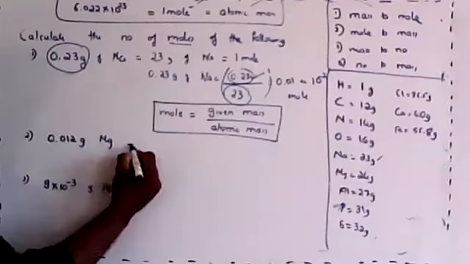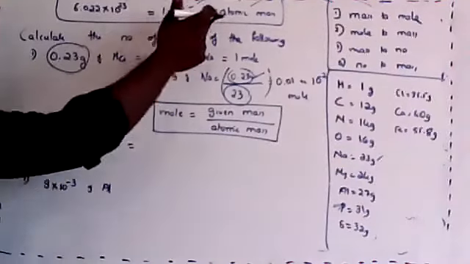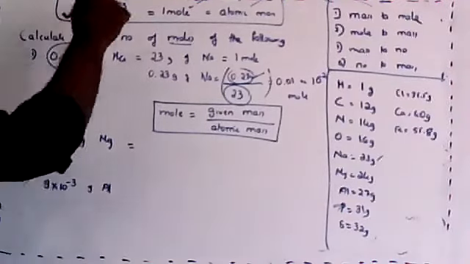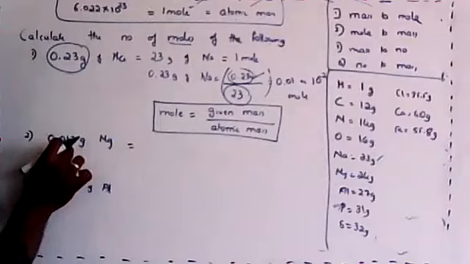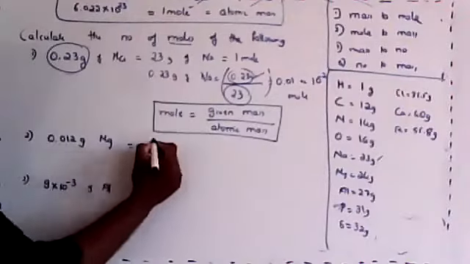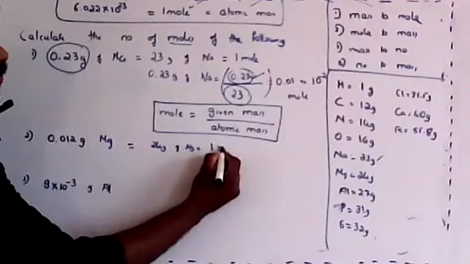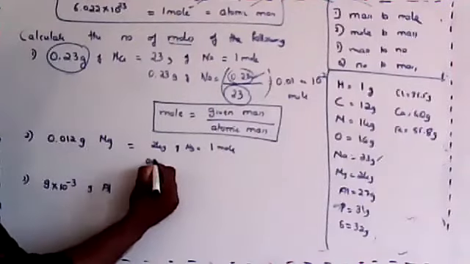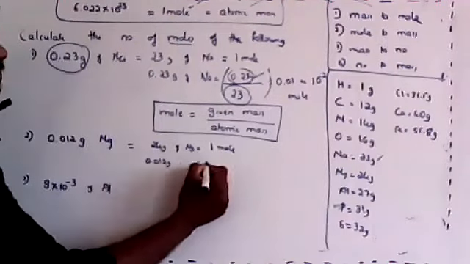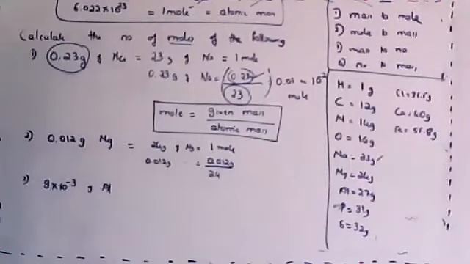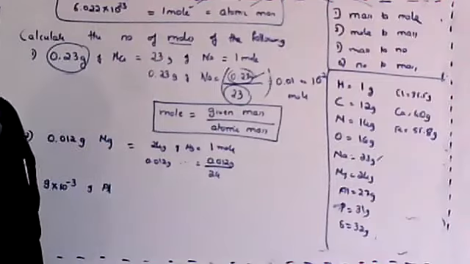For example, I'll use it for this one. I can equate these two. Atomic mass equals 1 mole. Then given mass equals given mass, again this will become 0.026. In this way, if I want to solve, magnesium is 24 grams of magnesium equal to 1 mole. Therefore, 0.012 grams of magnesium will be 0.012 gram divided by 24. If you calculate, this will come out to be, yes, Navjiti, yes, Ravan, it is not minus 4.